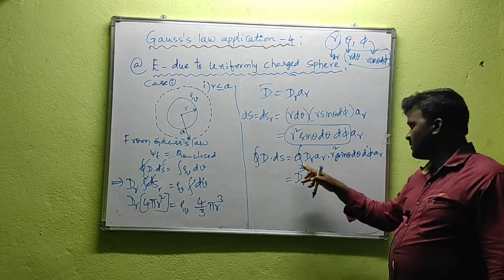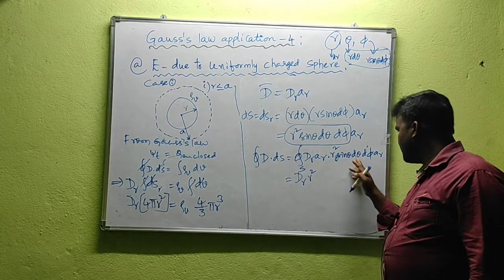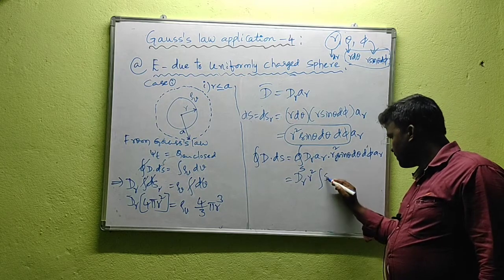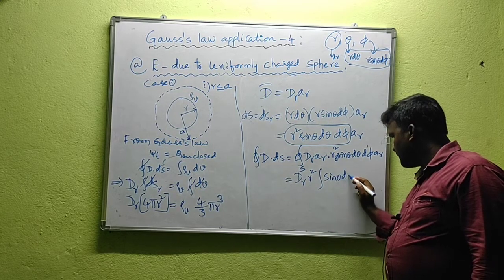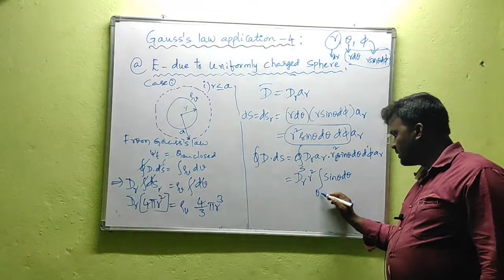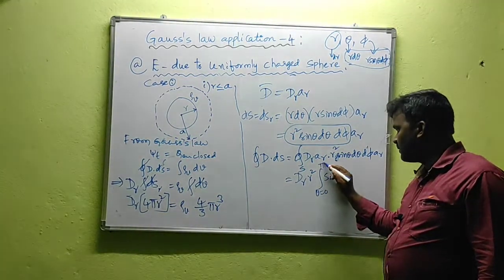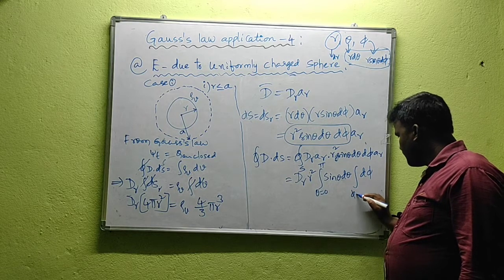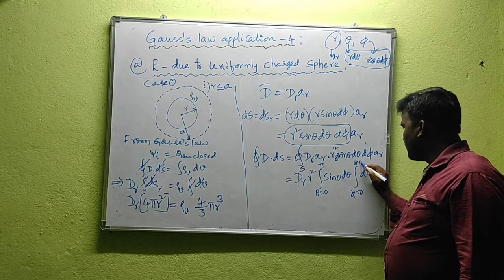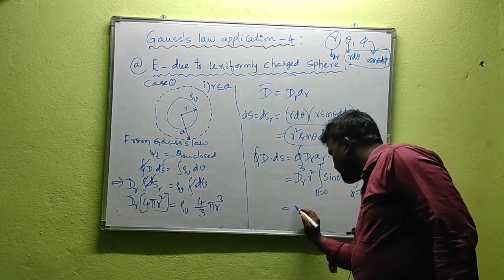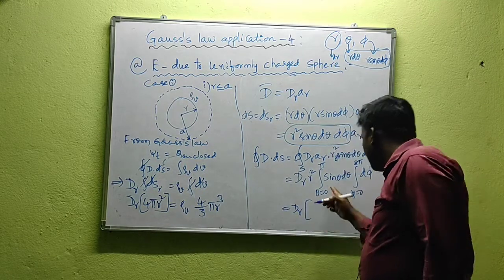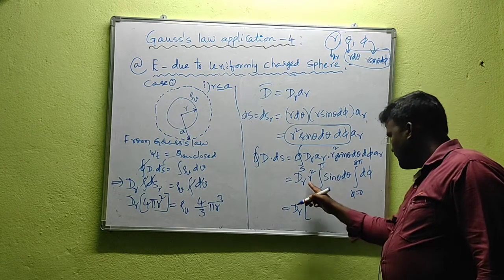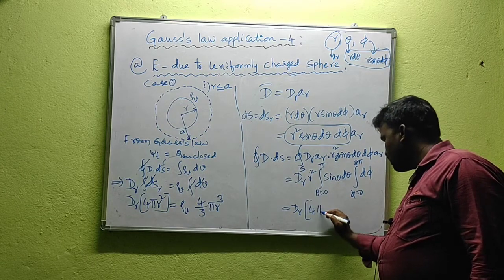It is a surface integral, which means a double integral, with integration with respect to theta and phi. Let us go for it. The integration with respect to theta is sin theta d theta. Now let us apply the limits. Theta is varied from 0 to pi, and for d phi, phi is varied from 0 to 2 pi. If you simplify this, you will get dr into, this one gives 2, and this one gives 2 pi, and here you have r square, that can be written as 4 pi r square.